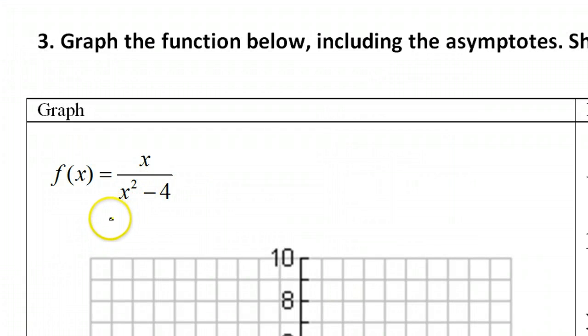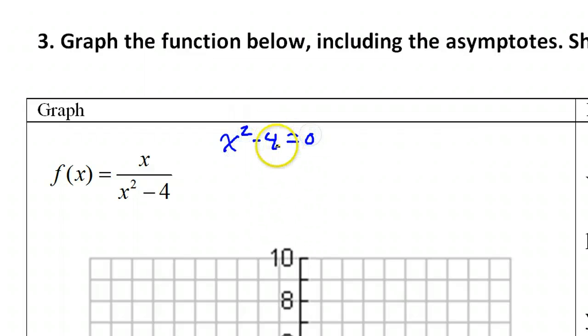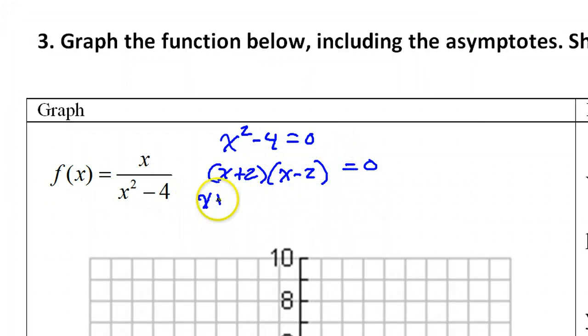How do we find the vertical asymptotes? We set the denominator equal to 0. So that would be x squared minus 4 equals 0. If I do that, then I could factor this to solve it. It would be pretty easy because this is the difference of two squares, (x plus 2)(x minus 2). I also could have added 4 to both sides and taken the square root, but I'm going to do it this way. Setting these equal to 0,